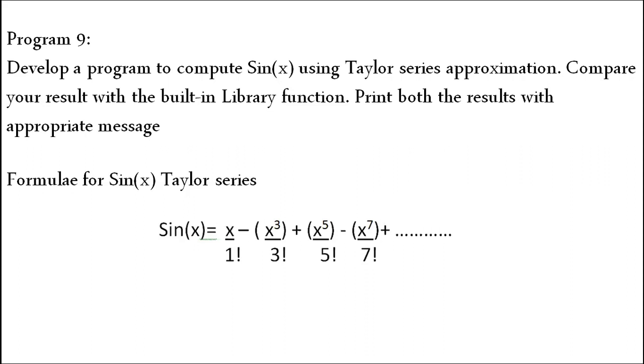Second, what I want to understand is with respect to exponential number, that is x to the power of 1 for the first time, minus x to the power of 3 for the second time, plus x to the power of 5 for the third time, like this. So here the powers are increasing by 2. So it is not incrementing 1, it is incrementing 2. So whatever the power will be there, the same thing will be there in denominator. This is the third thing that we need to understand in the formula.